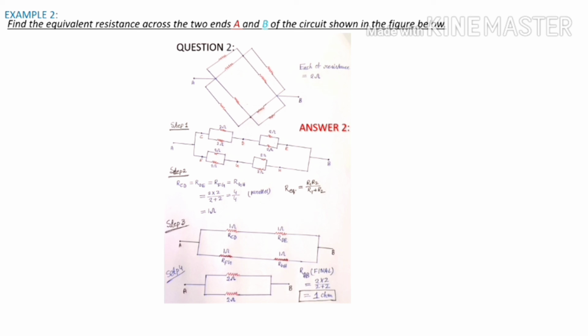After that, the equivalent resistor is replaced in CD, DE, FG and GH. You see that R of CD and R of DE stay in parallel. After that, 1 and 1 is 2 and 2, finally staying in parallel. So you calculate and get the result, 1 ohm. Next problem.